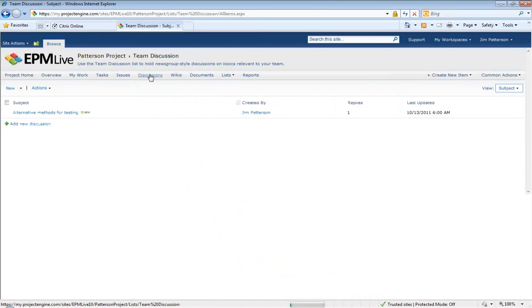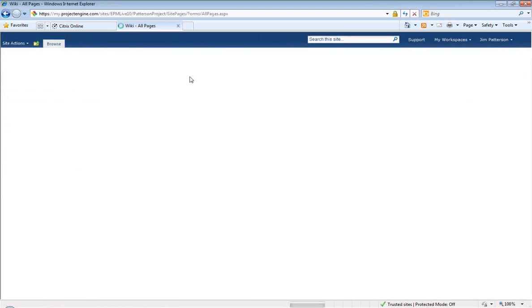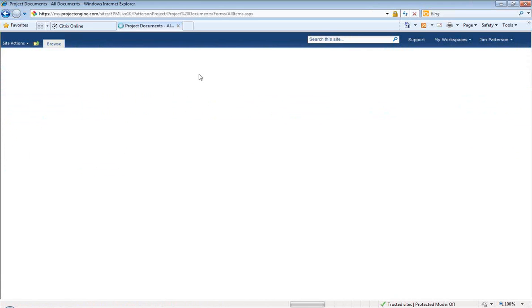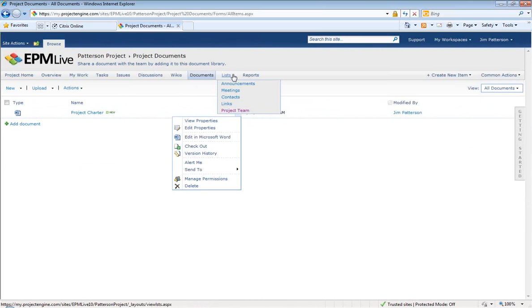We can have online discussions, so if we have topics that we want our team to discuss, we can have threaded discussions that keep the discussion alive right here in an online forum. Project wikis allow you to establish pages to communicate other information. Documents of all types can be in here, and using the SharePoint capabilities, we can have full check-in and check-out and version history associated with all of our documents. Different lists that we have around things like announcements and project contacts and meeting schedules, etc., are all available here,